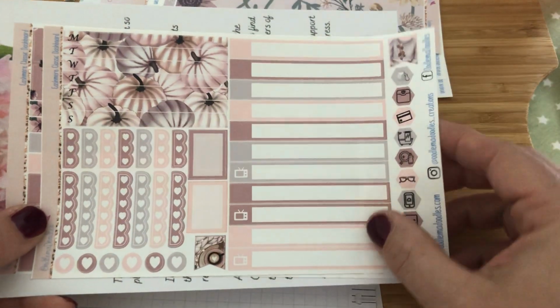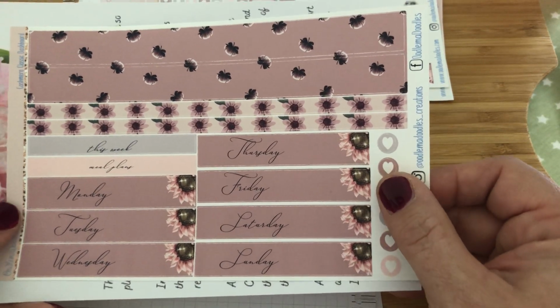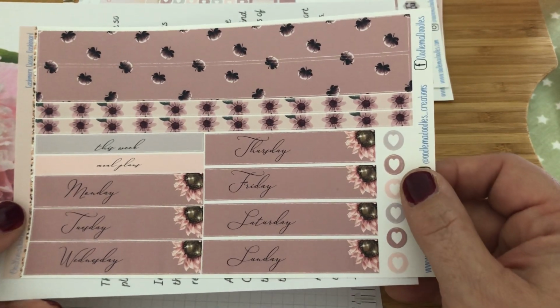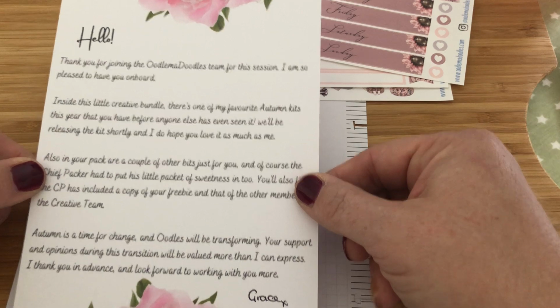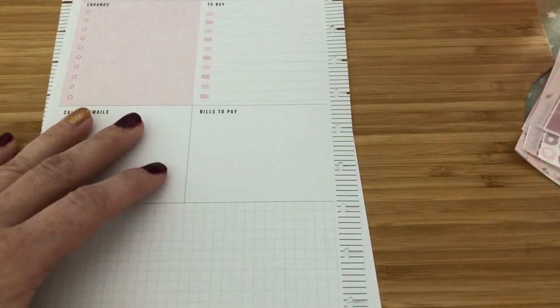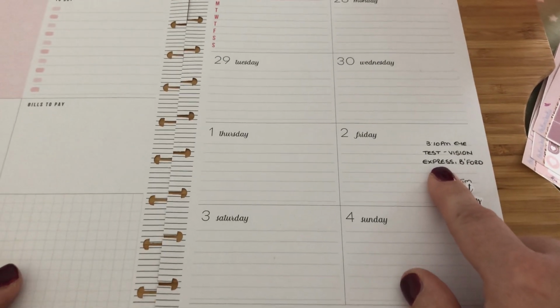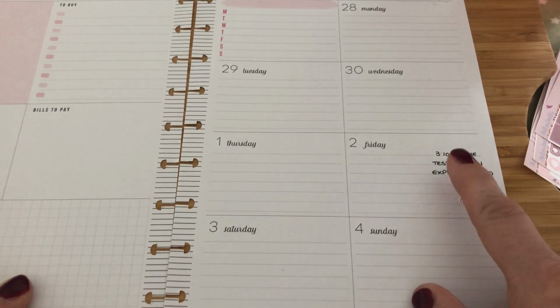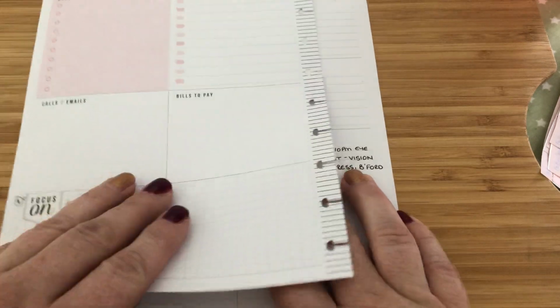Again, pumpkins, she knows me so well. So I love to use Grace's kits just because she does do variating kits for her shop, and this is our welcome letter from Grace. So here we go. This is for this next week coming. I have actually made the mistake of putting something in pen already, which I don't usually do. So I thought I would start by